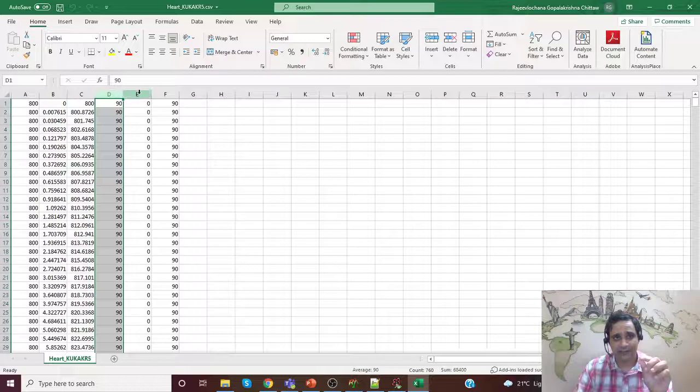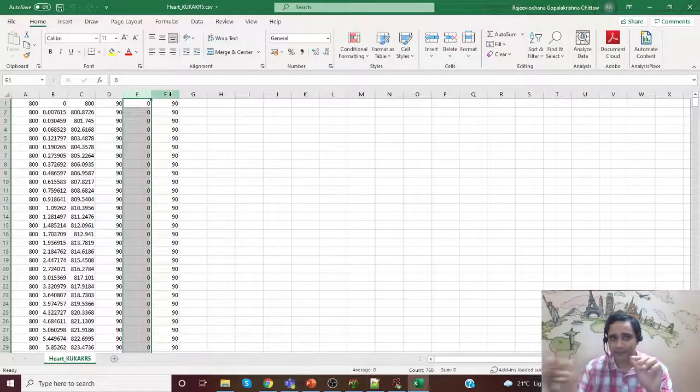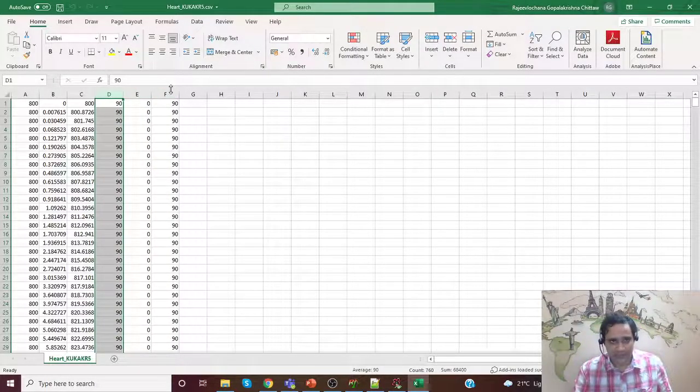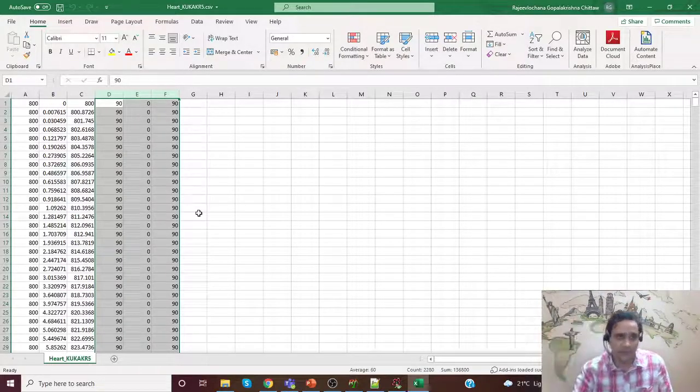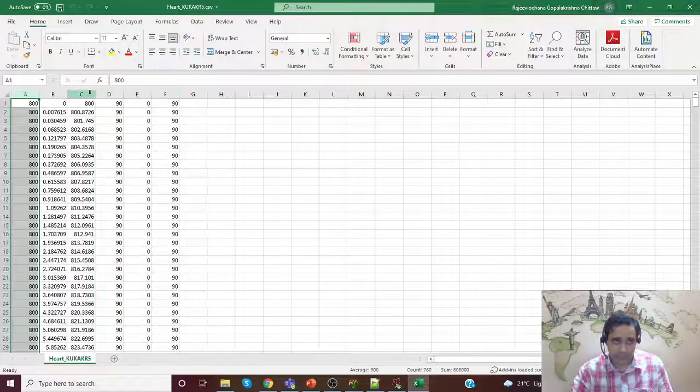Then these are the Euler angles ABC that we use in the software. As you can see, in this sample the angles are not changing. That means the end effector orientation does not change. It will always remain the same, whatever it is. Only the XYZ coordinates are getting changed.